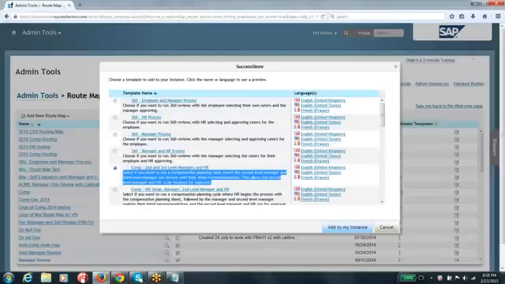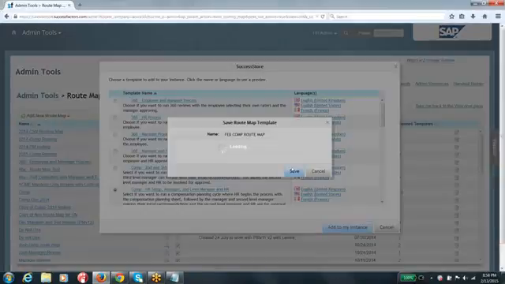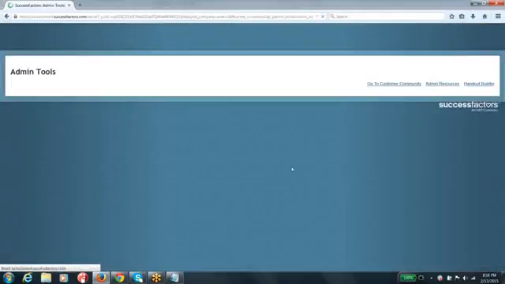So likewise, you can also read this text, guys, which will give you good information to determine whether that particular roadmap you can use for your requirement or not. Say I am interested in adding this particular roadmap. Select this radio button here, and you can see there is an option to add to my instance. And what is the name when you are adding to the instance? Let's say this is going to be like February comp roadmap. Give your own name and add that particular roadmap to your system, guys.